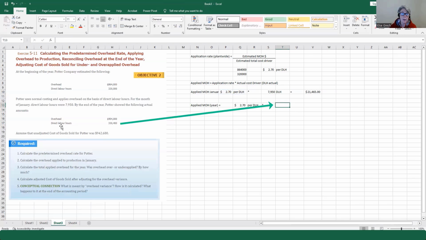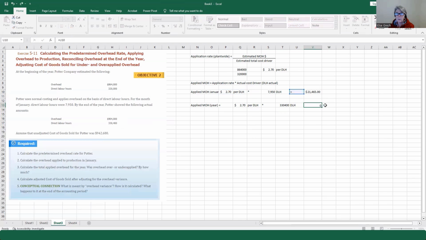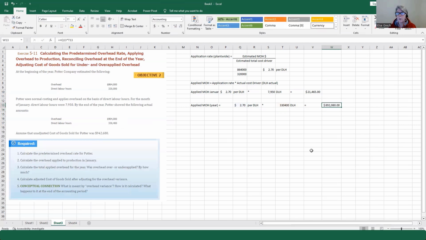So it says down here, direct labor hours for the year was 330,400 direct labor hours. So what is that going to equal? It's going to equal what was applied to every single job for the whole year. And again, this is dollars. So applied was